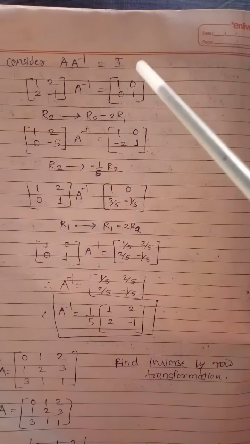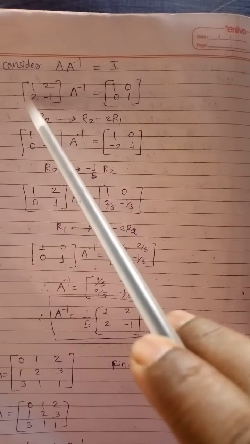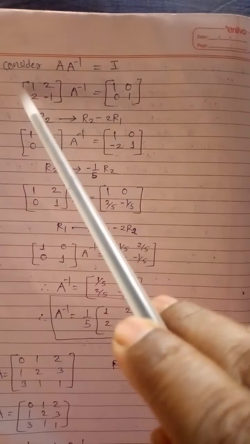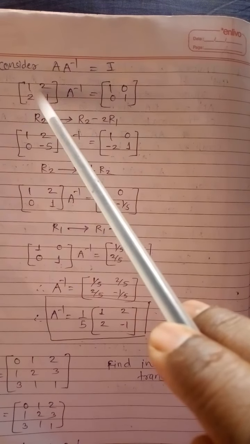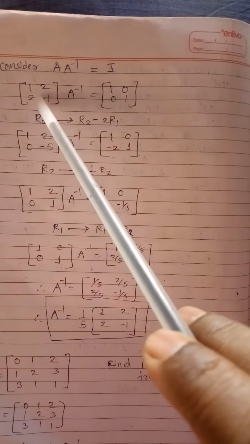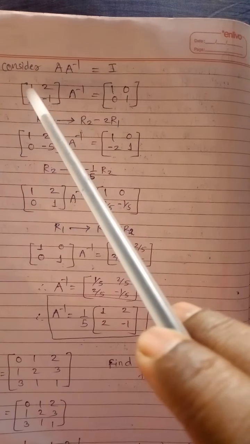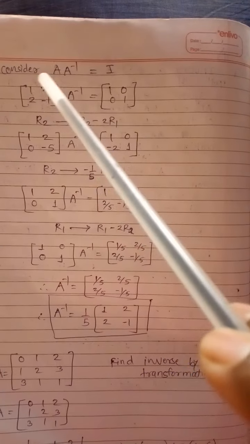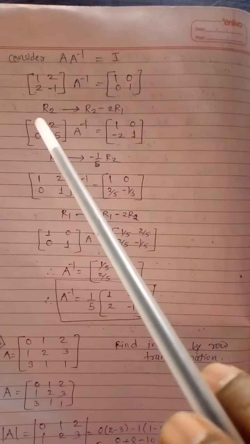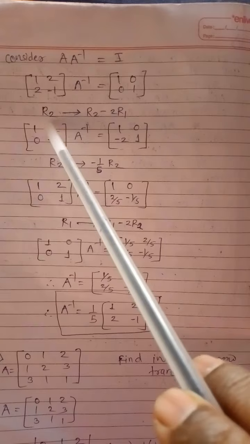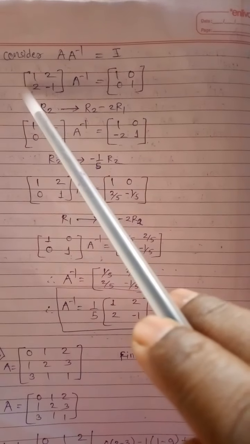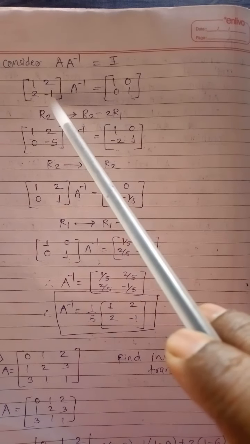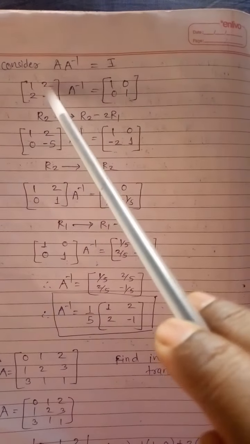So what do we have to do? We have to make this A into the identity matrix. You have to make changes in this matrix to find the identity matrix. Here we want 1 0 0 and 1. For that you have to make some operations with the rows. First, we are going to make a change in R2, the second row. I want 0 here and 1 here. You have to make this matrix like this one.